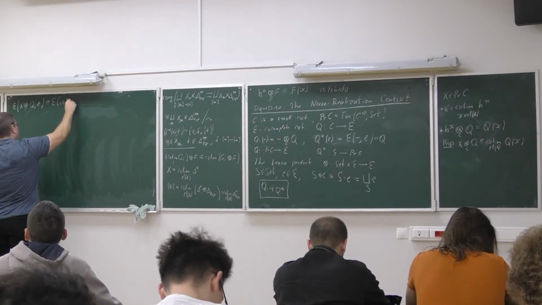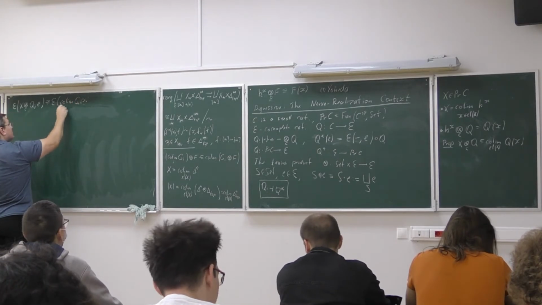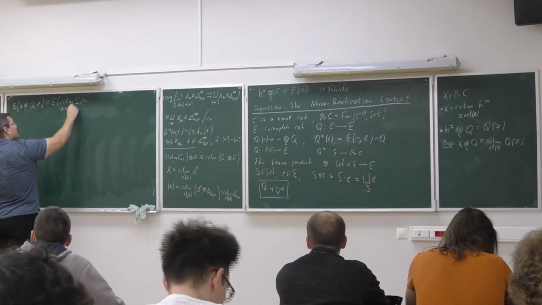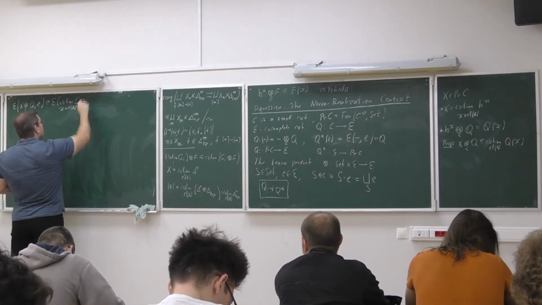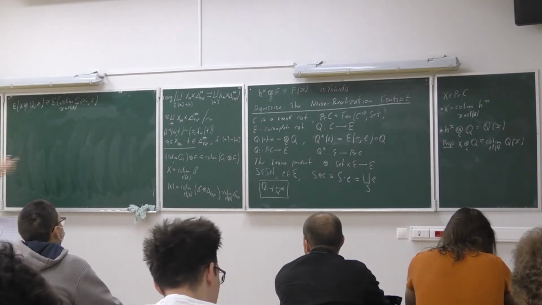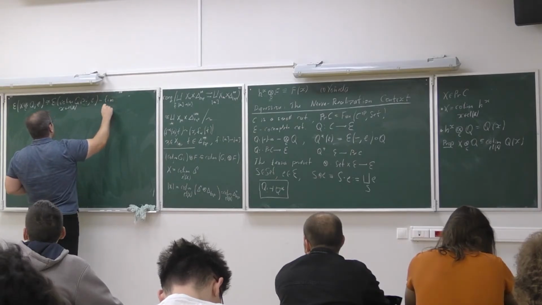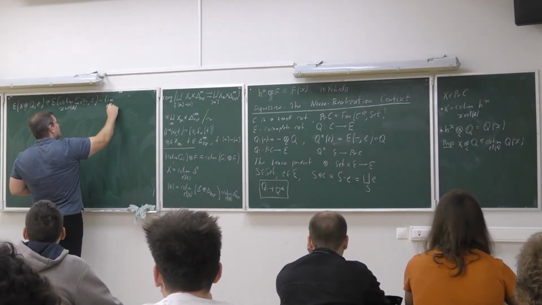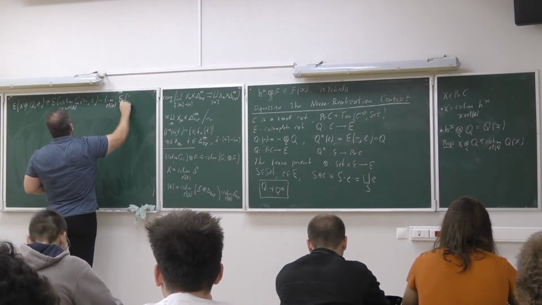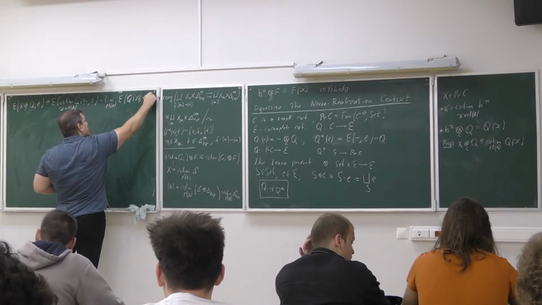So colimit of the Q of x, over all the x in the category of elements of large X, to e, right? Since this is colimit in the first argument, I can pull it out and write a limit. So this is a limit over the same category of elements of Hom of Q of x to e,